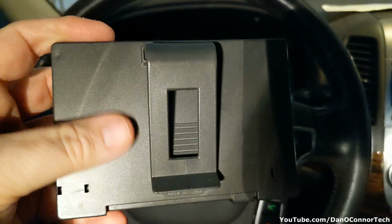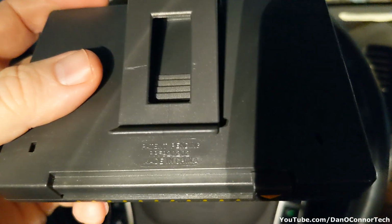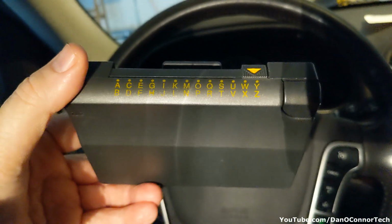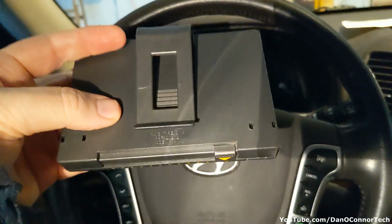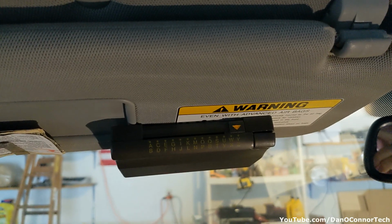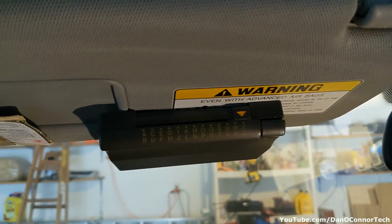You can't feel how incredibly cheap and light this is. Of course, made in China, as you would expect. I mean, it basically weighs nothing. But it does work. That's just something a little silly for the car visor that I thought I would put out there for your laughing